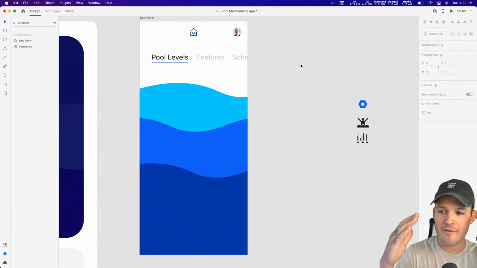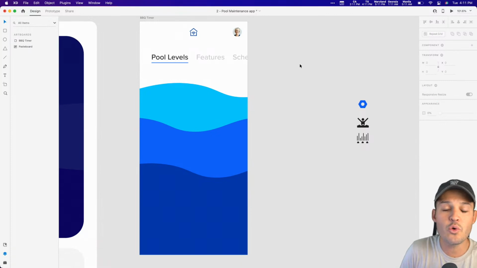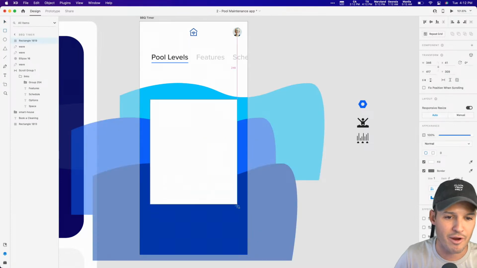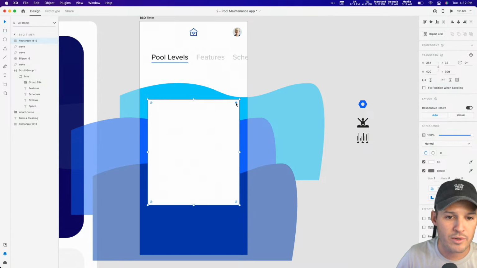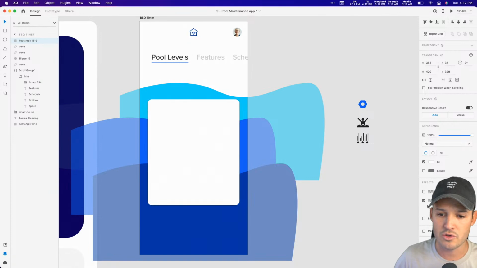Okay, cool. So I kind of have my waves the way I want them. Let's do a really fun big interface element on top of it. What kind of element? Let's do a graph, right? Because if we are maintaining the levels of our pool, I probably want to see that in graph form. I'm going to round my corners to something like 16 pixels. I'm going to take the border off of it, no need, because we're going to drop a nice drop shadow